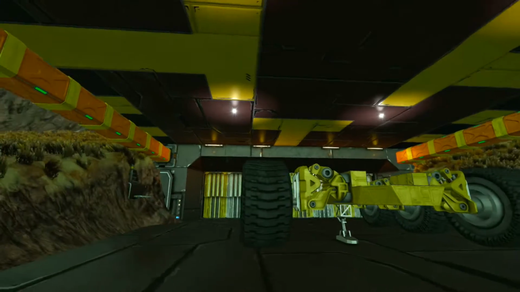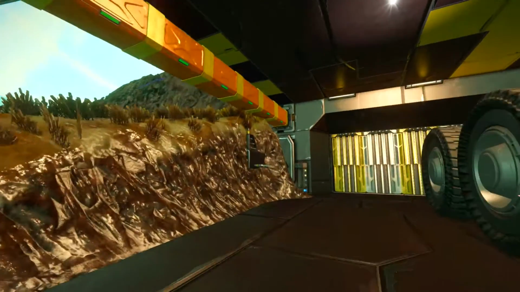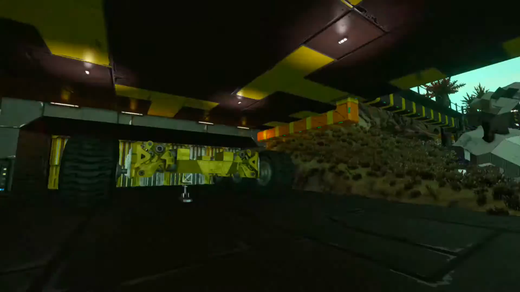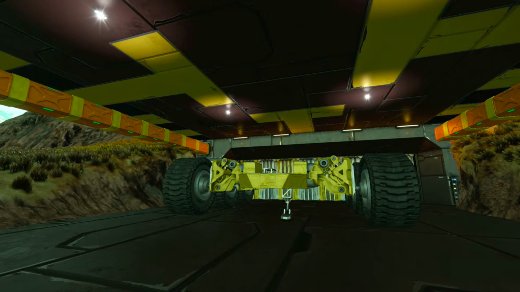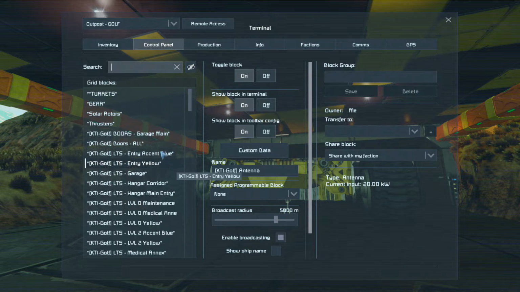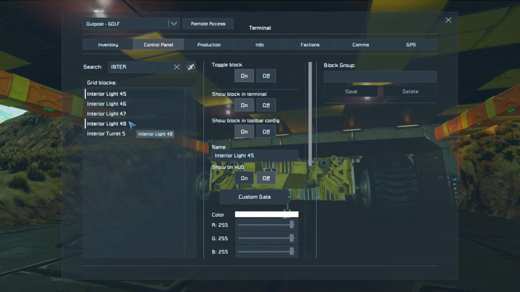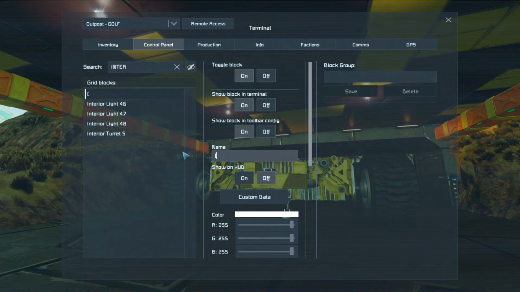So anyway, I don't know if you noticed, but over here there is an antenna that I put in. So just in case nothing's connected, I have an antenna. But I'm going to go ahead and go to the outpost terminal. Come on, terminal. Jeez. Look for these interior lights. Don't mind me, I'm going to make them all nice and pretty to go with the